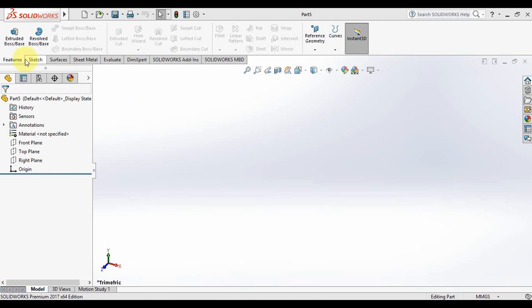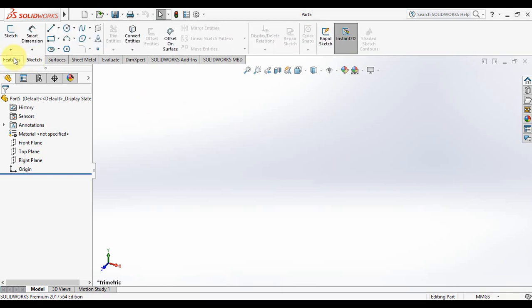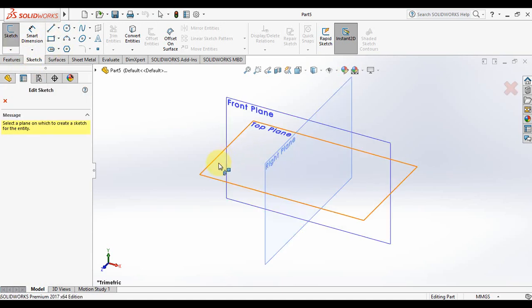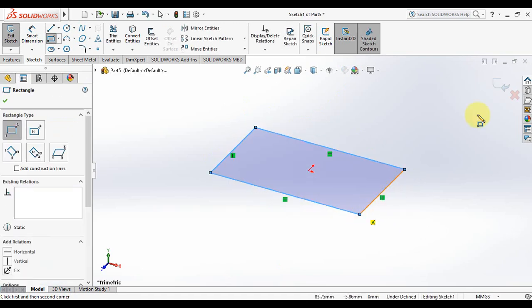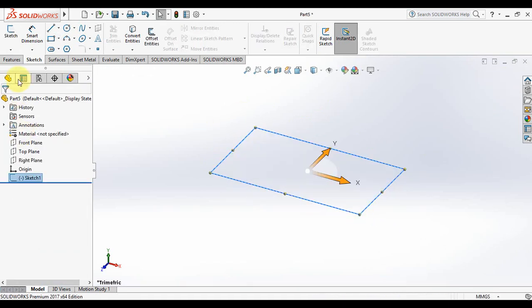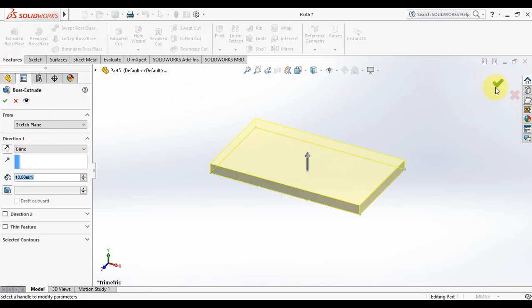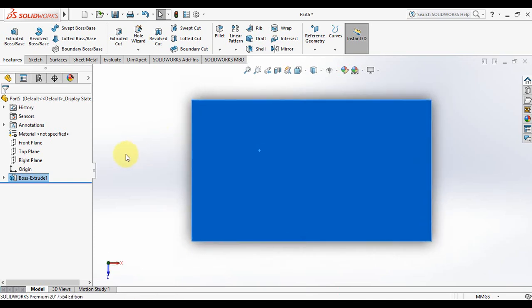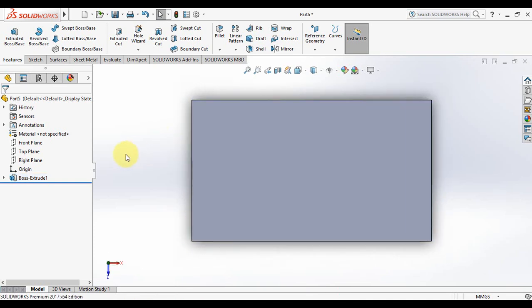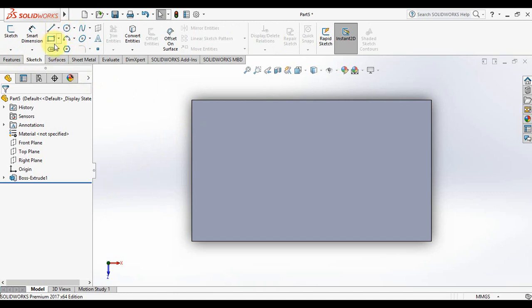Okay, in this video I want to show you the tool Extruded cuts, which is basically how to make cuts on defined solid surfaces. So to begin, I will need a solid surface to cut. So I'm gonna make a table here really quick because I want to cut on the table. Now, extruded cuts are operations that work exactly like extruded boss base, but instead of creating material, we're going to delete material. So that means that we have to create a sketch, which is in 2 dimensions, and then